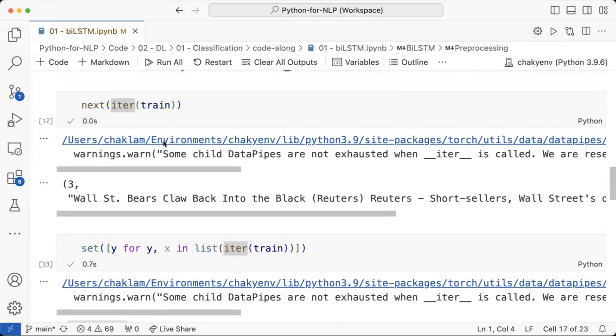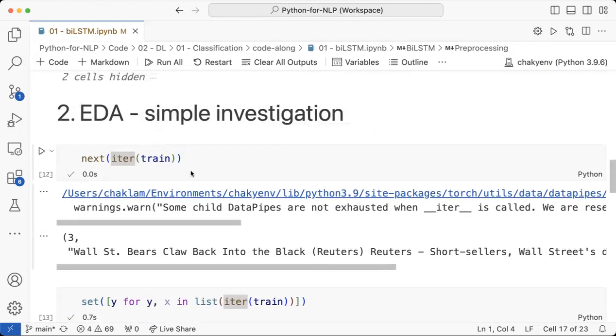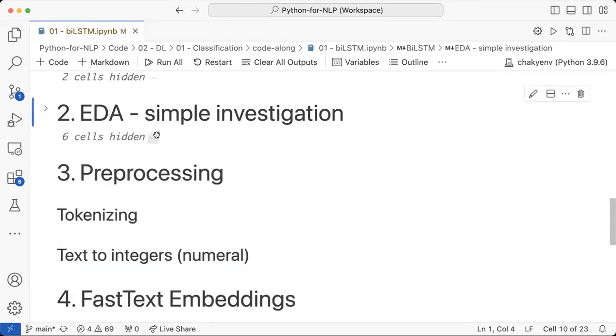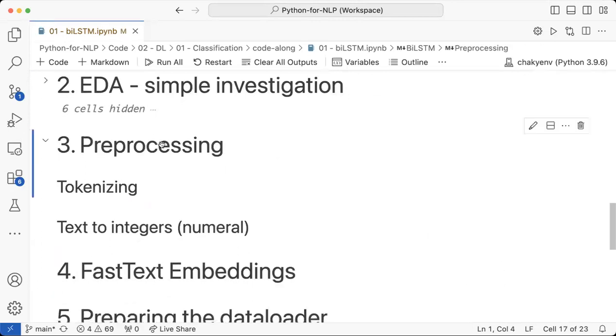So now we just do simple EDA, but of course, what you want to do is probably some statistics, whether this is a balanced data set. What are the common tokens? What is the average number of tokens in each of the news items, right? That would be probably what I would do, but I will leave that to your assignments, perhaps. So I'm going to close this, and now we're going to do the